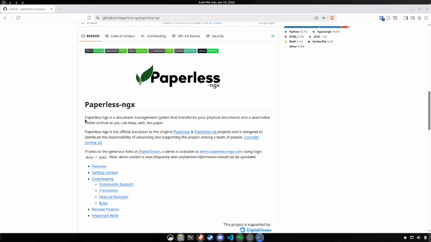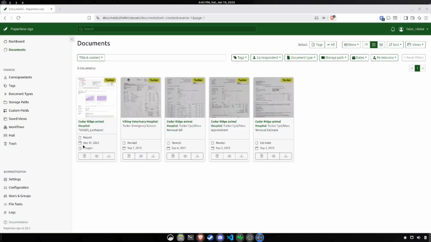Paperless NGX calls itself a document management system that transforms your physical documents into a searchable online archive. Basically, it's a way to organize already digital documents or digitizing existing physical documents. So far, I've just used it to keep some digital records of the documents from my dog's recent surgery. Instead of keeping everything physically or simply tossing it out, I can move everything to my instance of Paperless NGX